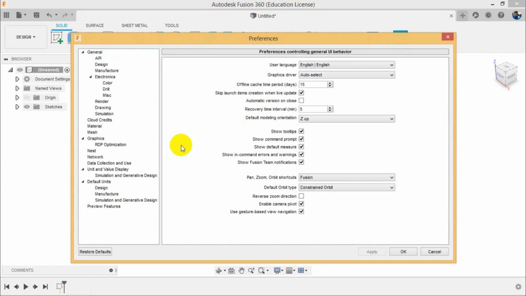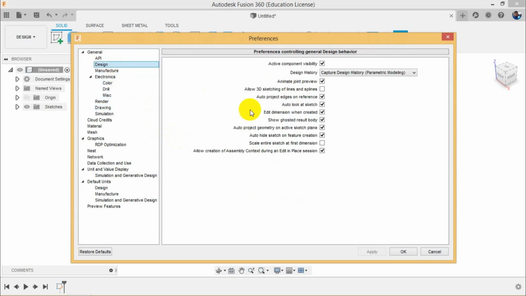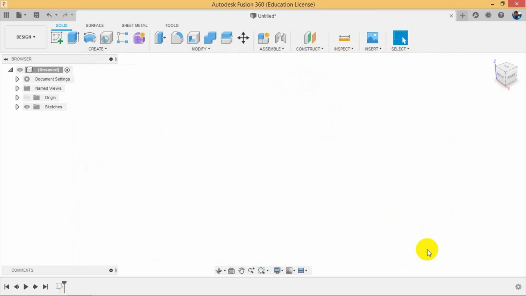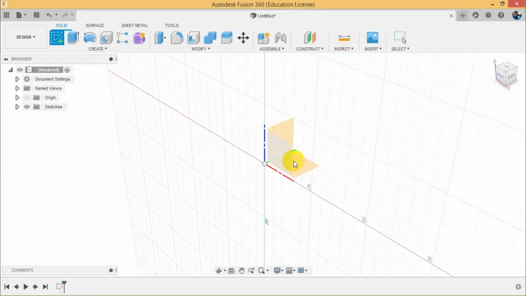Those of you who are facing this problem, I'm just telling you, go to the preference, go to design, and see if 3D sketching is clicked or not. Allow 3D sketching or lines and splines. It shouldn't be clicked. It should be unchecked. So you can see directly to the